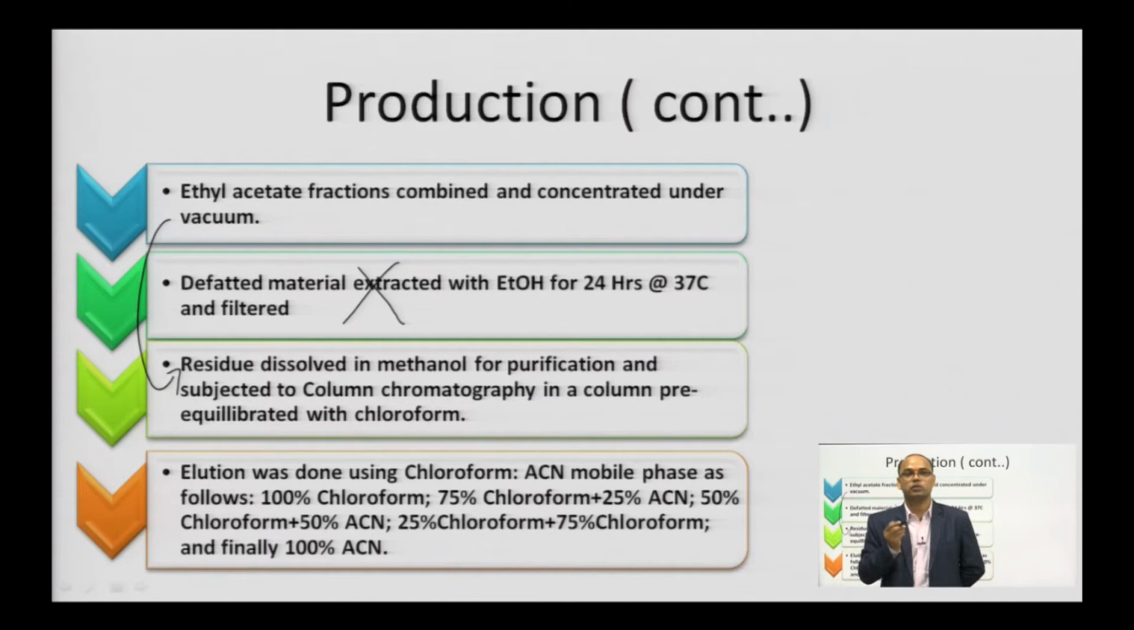The elution from this column was carried out using the following solvent systems: chloroform and acetonitrile mobile phase in the following ratios. First we use 100% chloroform, then 75% chloroform plus 25% acetonitrile, then 50% chloroform and acetonitrile, then we decrease the concentration of chloroform to 25% and increase the concentration of acetonitrile to 75%, and finally we run 100% acetonitrile through the column to obtain the fine crystals of our